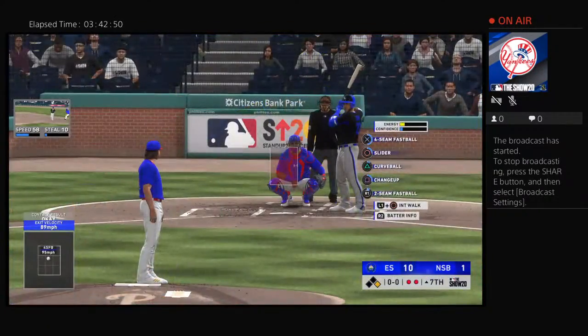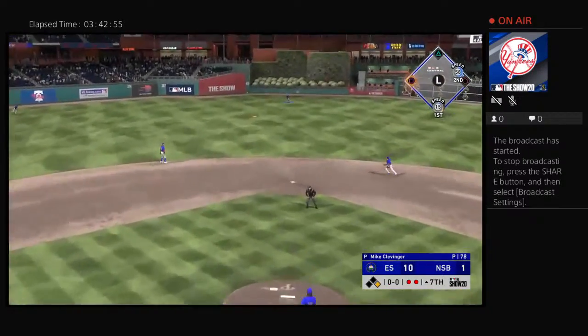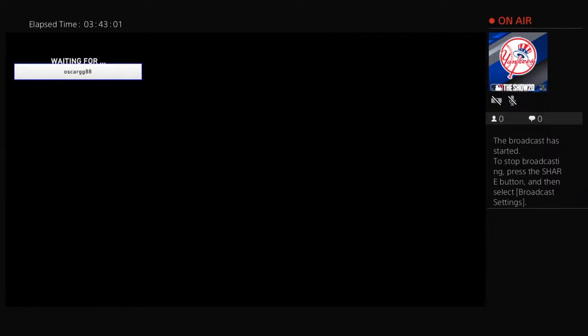Your attention, please. He's hitting. Nelson Cruz. Line towards center field. And he dives to make a spectacular catch. What a...